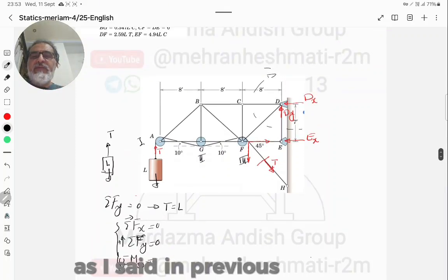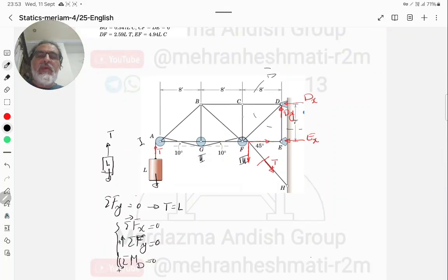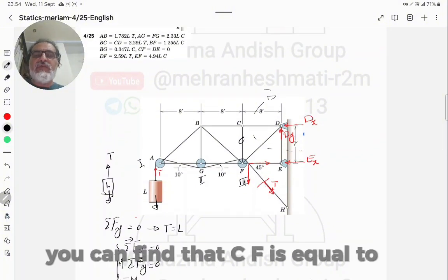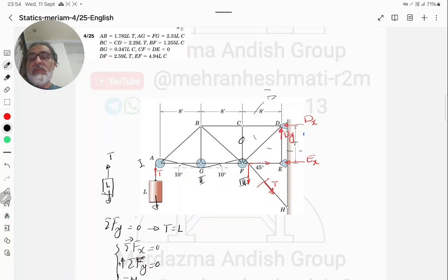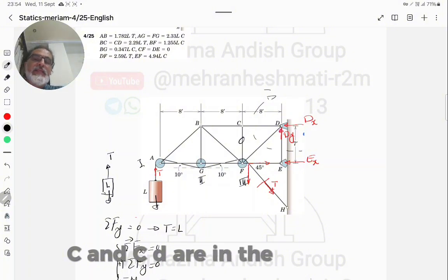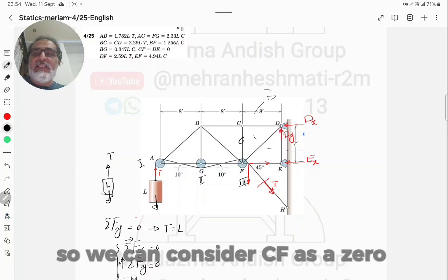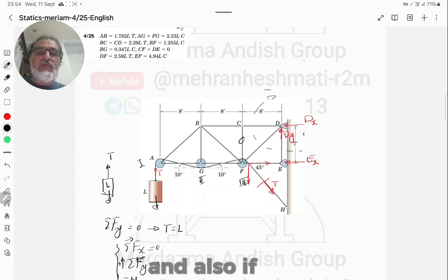As I said in the previous problem, if you consider the joint C, you can find that CF is equal to 0, because no external forces act on the C, and BC and CD are in the same direction, so we can consider CF as a 0 force. And also if you analyze E,